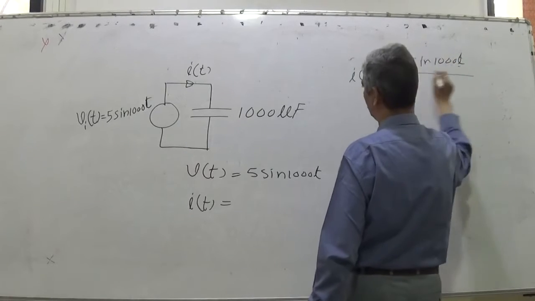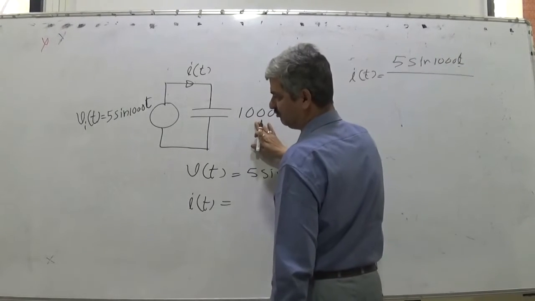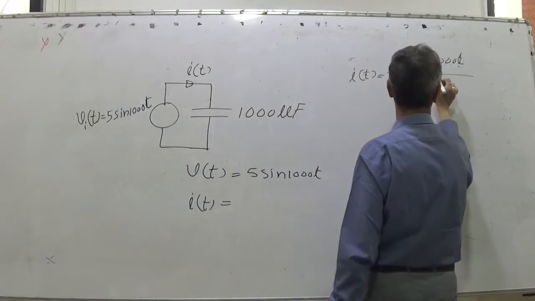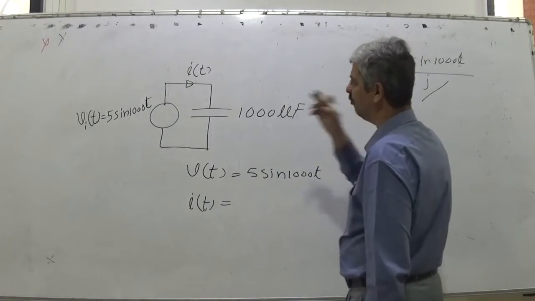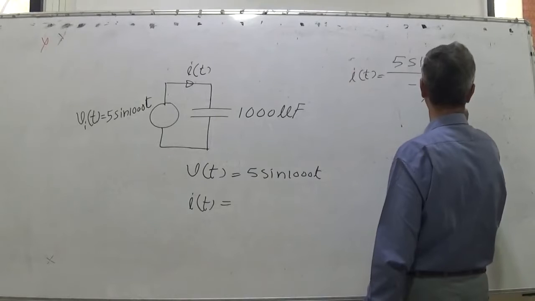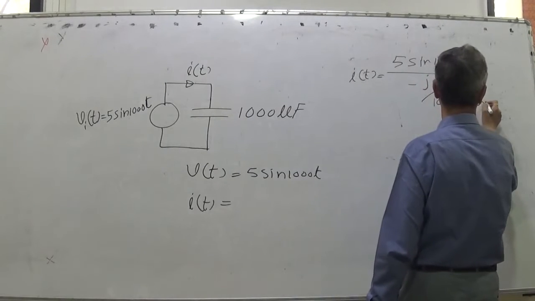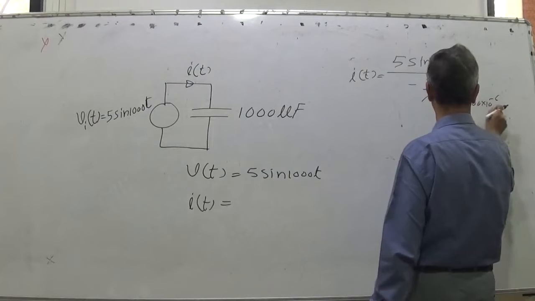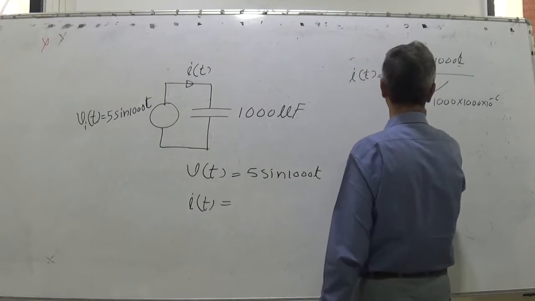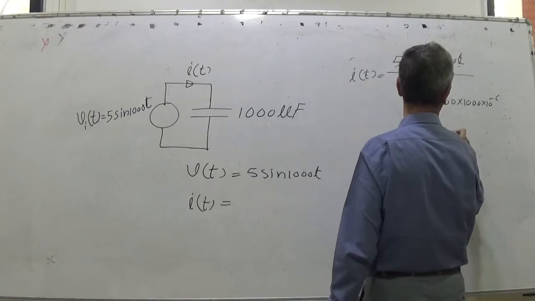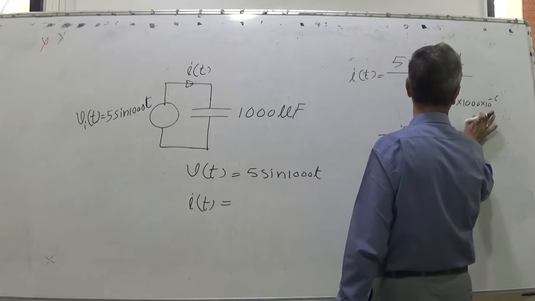1000 T upon XC, capacitive impedance, that is minus J upon omega, which is 1000, and C, which is 1000 into 10 raised to minus 6. This I have chosen to be 1. So it is 5 sine of 1000